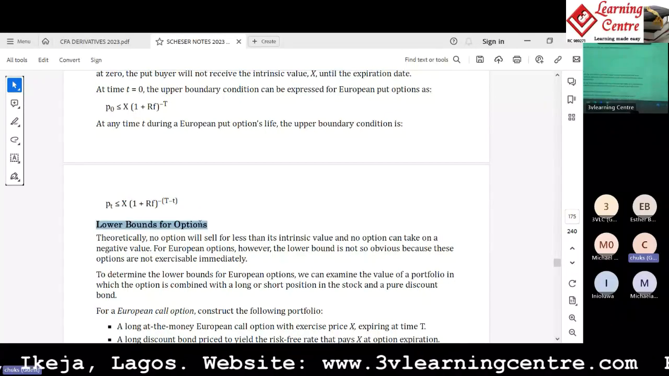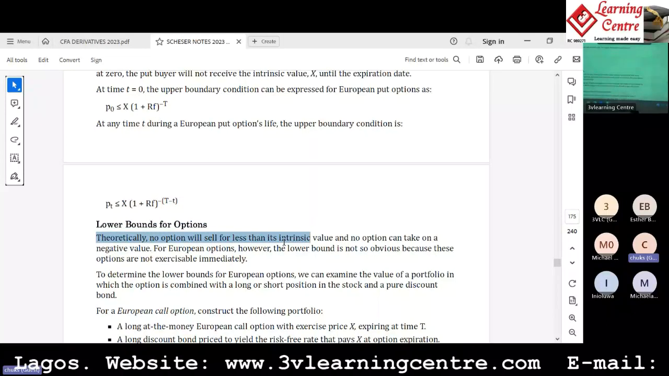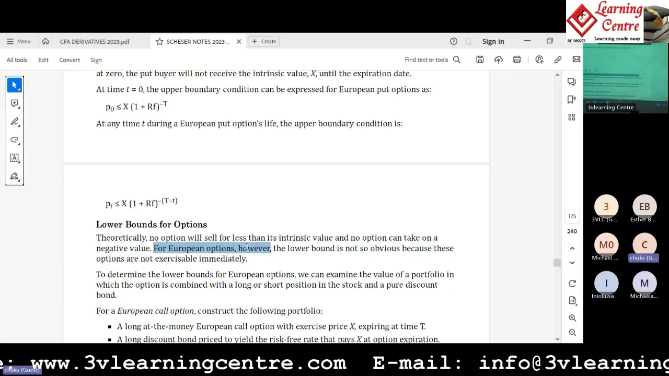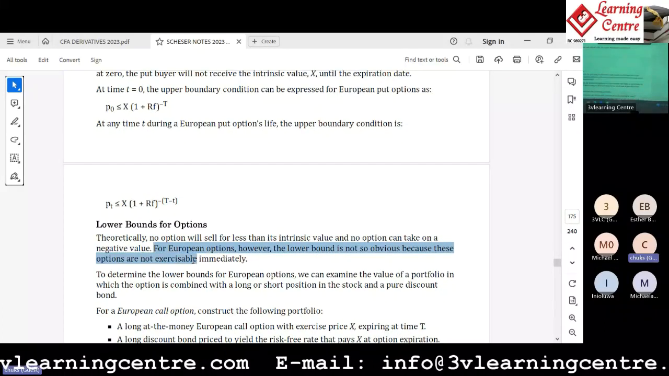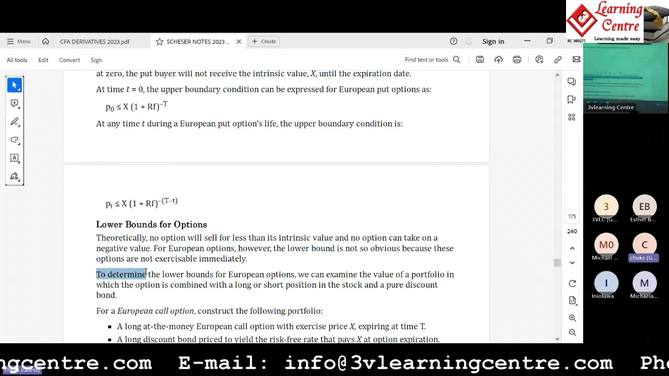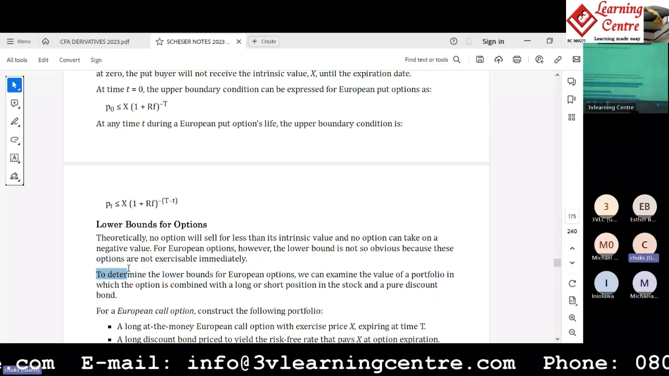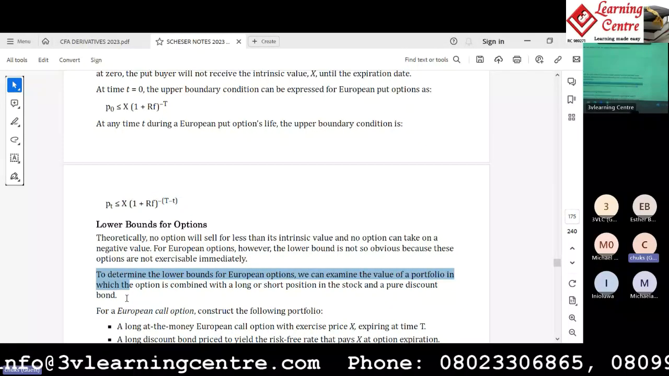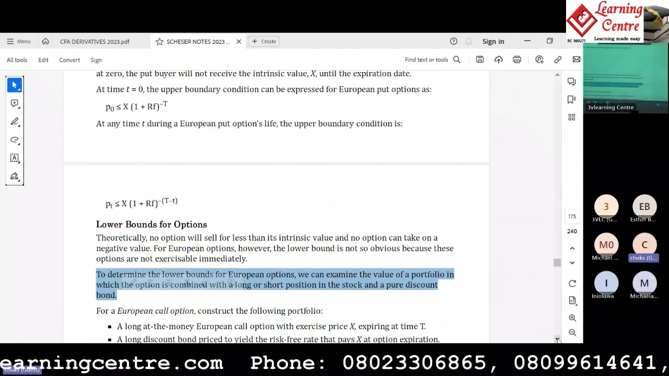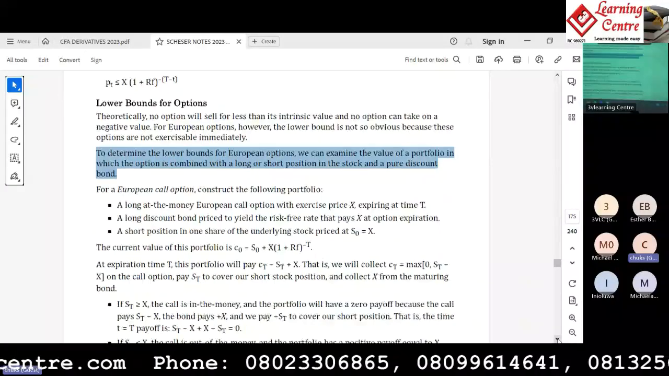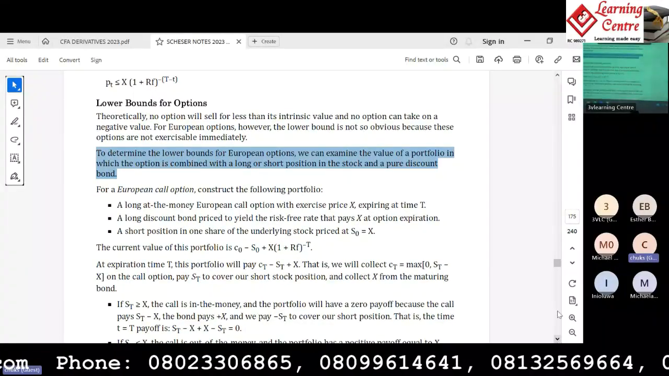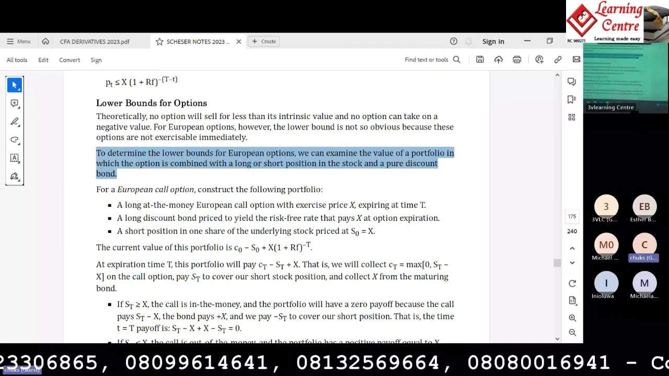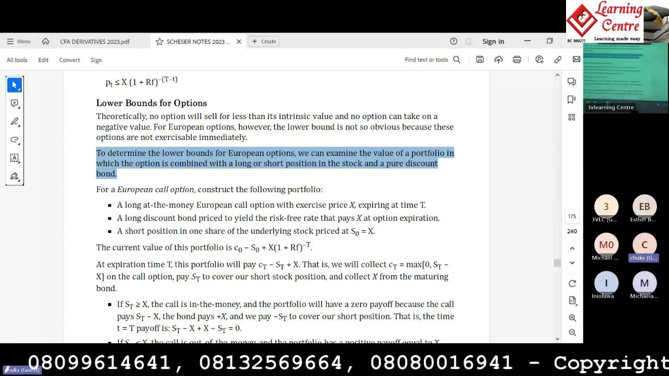Now, the lower bounds for options. Theoretically, no option will sell for less than its intrinsic value, and no option can take on a negative value. For European options, however, the lower bound is not so obvious because these options are not exercisable immediately. To determine the lower bound for European options, we can examine the value of a portfolio in which the option is combined with a long or short position in a stock and a pure discount bond. What does that mean? At this point, we are looking at a combination of